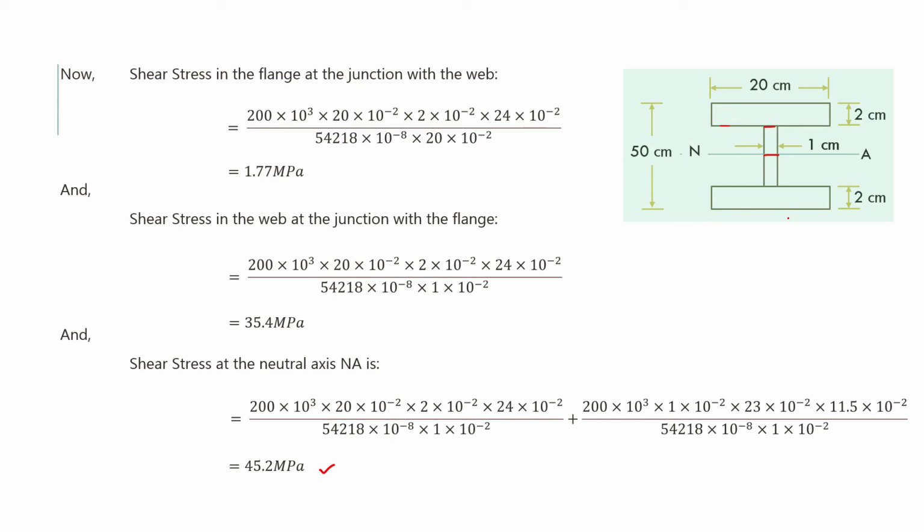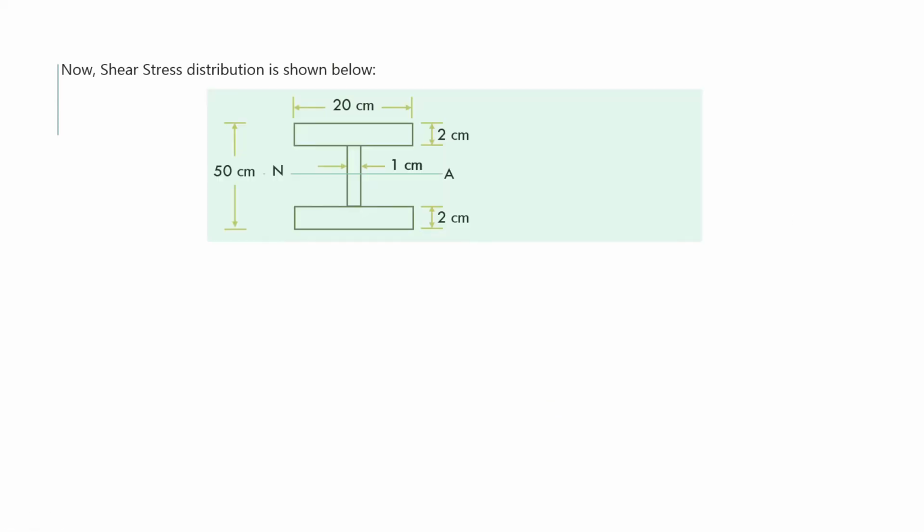Now we will locate these shear stresses. So this is the cross section given to us. Accordingly, from the points where we found the shear stress values, we will draw horizontal lines. And now I will draw the distribution. It will be something like this. First I drew a vertical line for reference, and from where I have to mark the shear stress points, I drew horizontal lines, showing with the orange color.